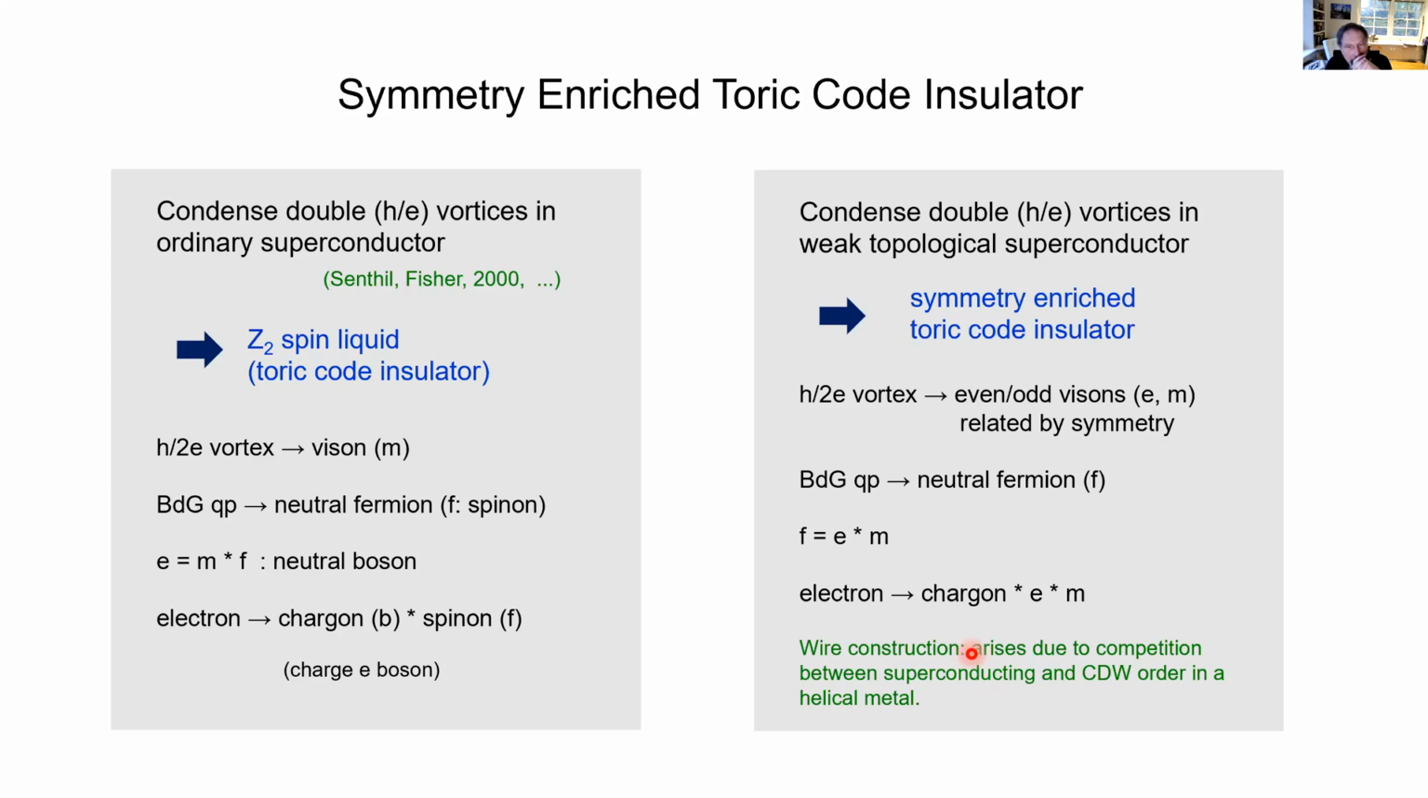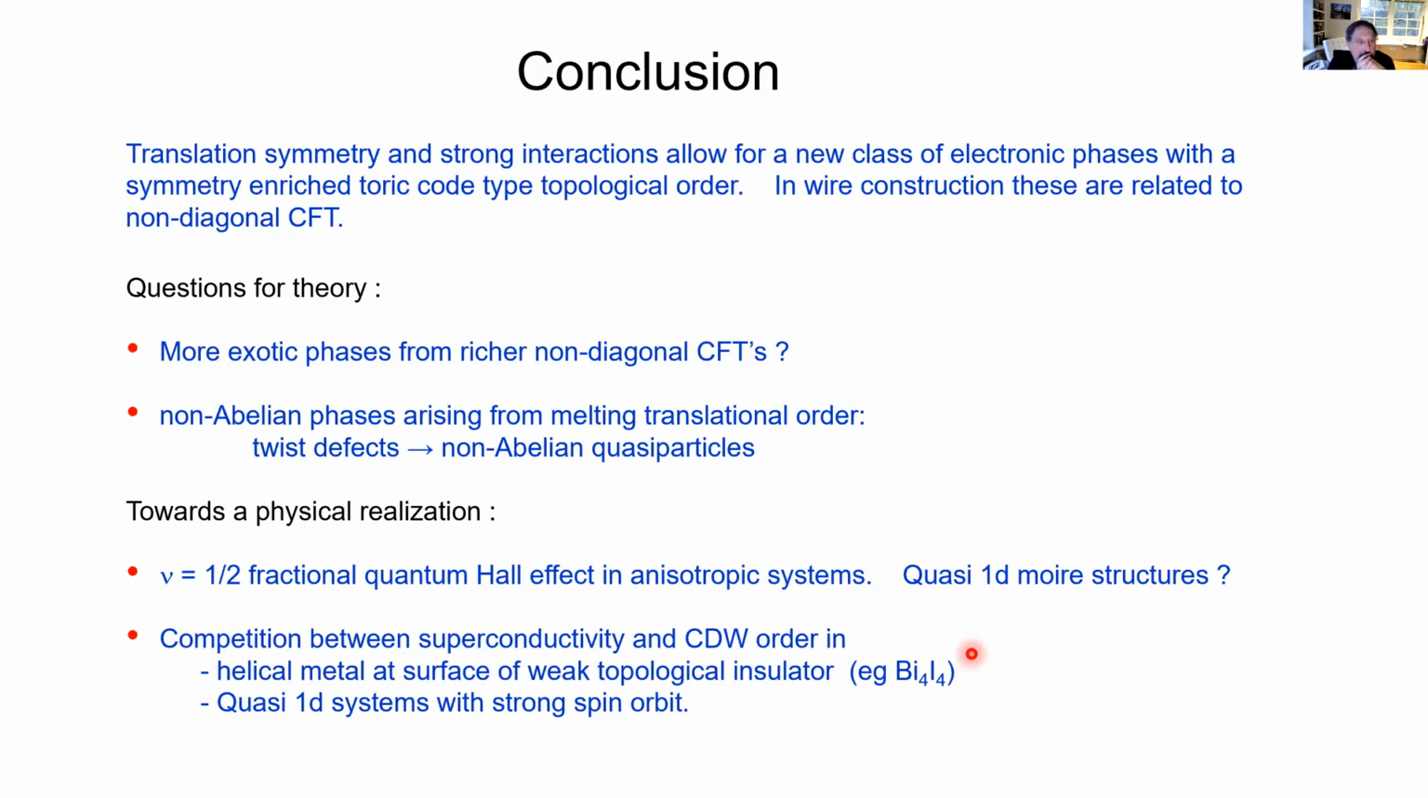Let me just finish off and say that, when you have this translation symmetry and strong interactions, that allows us to contemplate something new, which is this symmetry enriched toric code order, where the translation symmetry acts as an anyonic symmetry. And somehow in this wire construction, this made contact with these strange non-diagonal conformal field theories. There are questions to think about theoretically, and maybe the more interesting questions are how we can actually make this come to life in the real world,